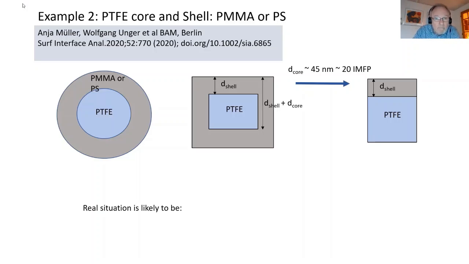So what we started with here was a PTFE core and a coating of either PMMA or polystyrene. Different shell thicknesses were studied, and the PTFE core here was 45 nanometers, and that's much larger than the IMFP, and therefore we can ignore the signal from these depths here,